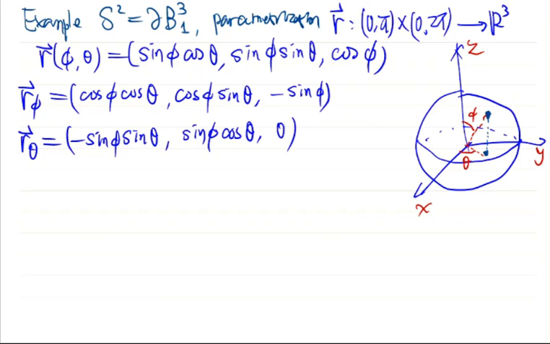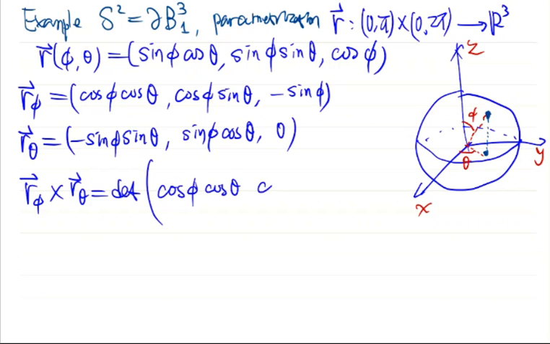Then, using the computation, you can check that the cross product of these two vectors is the determinant whose first row is i, j, k, the unit coordinate vectors, and whose second row is r_phi, that is cosine phi cosine theta, cosine phi sine theta, minus sine phi. The third row is